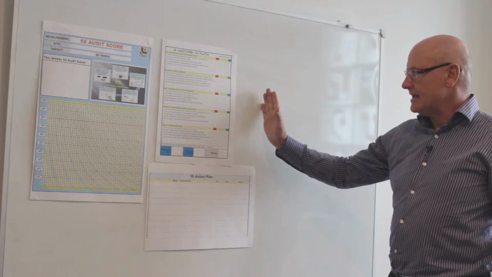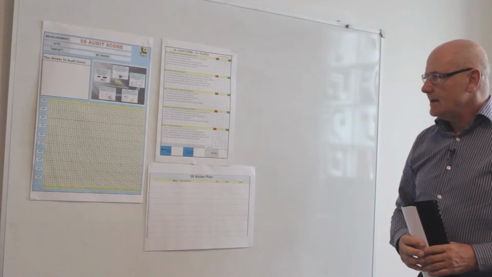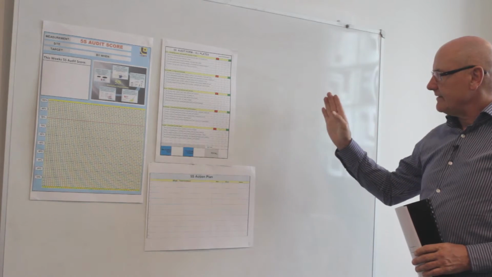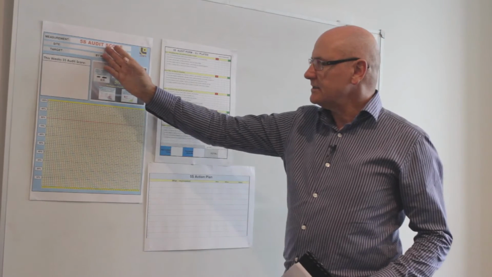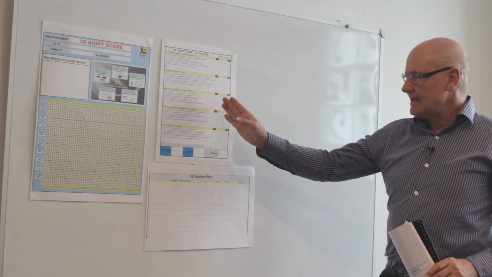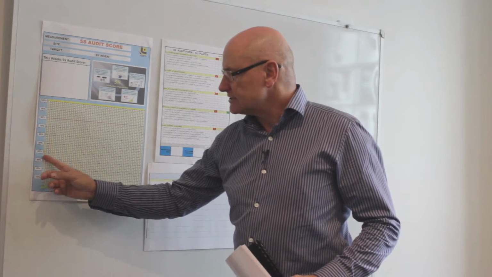Now naturally there are a number of different 5S areas that will be scoring their 5S performance. The summary of those 5S audit sheets are then posted to an overall 5S audit for the department, and that's simply adding the scores together, finding the average, and then on a weekly basis scoring the 5S performance on the chart.